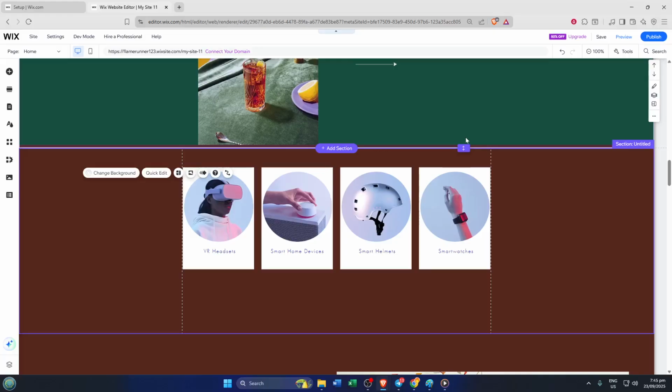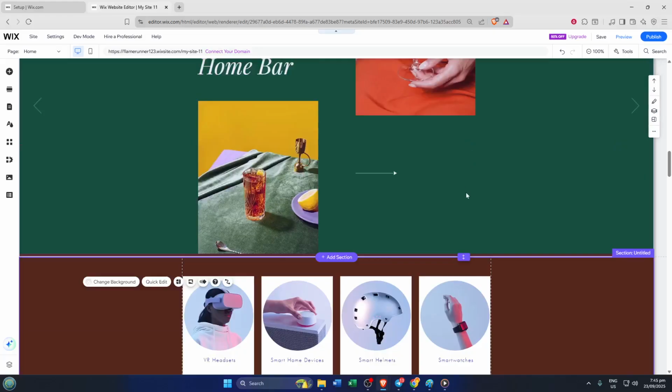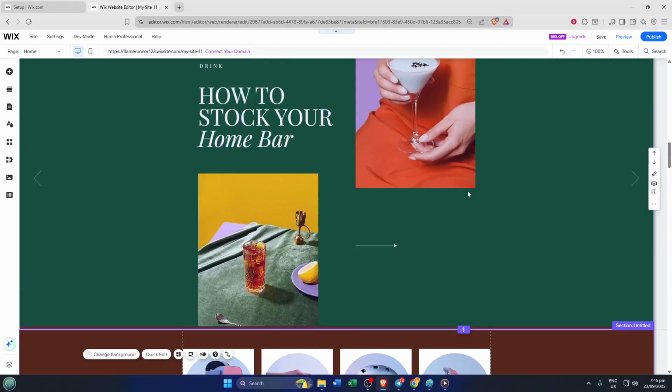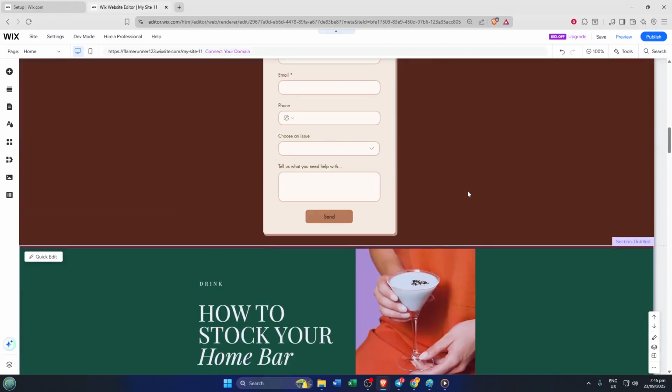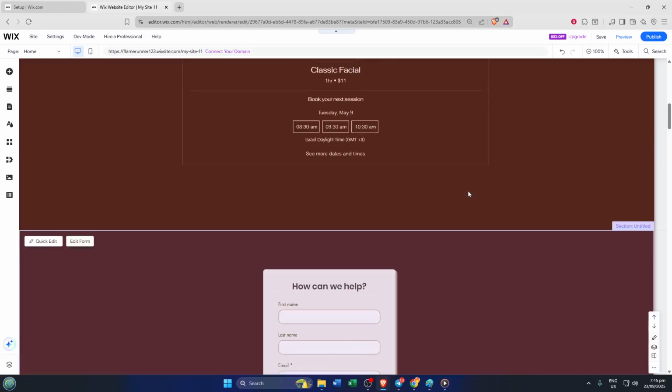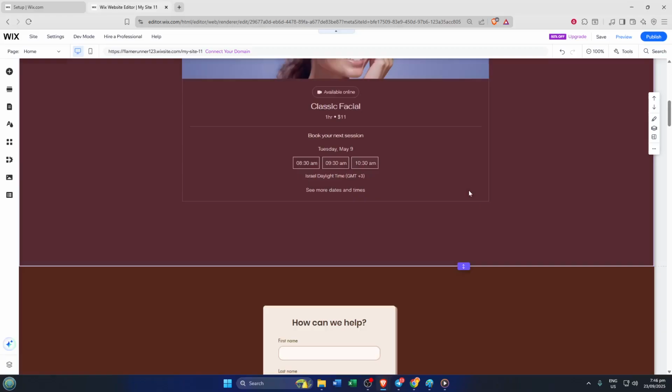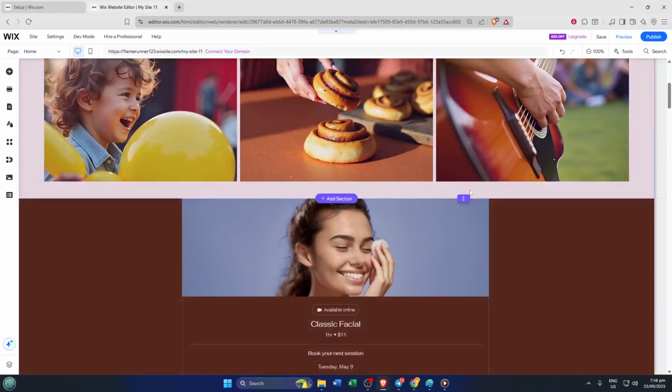Let's dive right in. First, you'll want to open your Wix web design platform. Just head over to your Wix dashboard and select the website you want to edit. This part may sound basic, but getting comfortable navigating Wix is key. It's like setting up your workspace before you start creating. The design editor is where all the visual magic happens, and it's super friendly even if you're brand new to